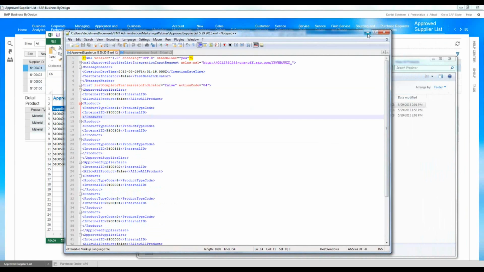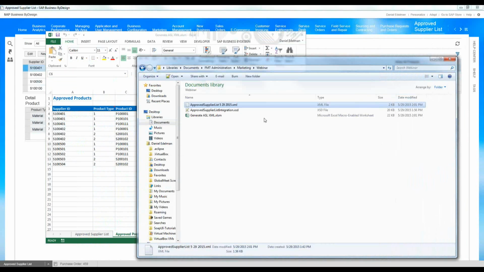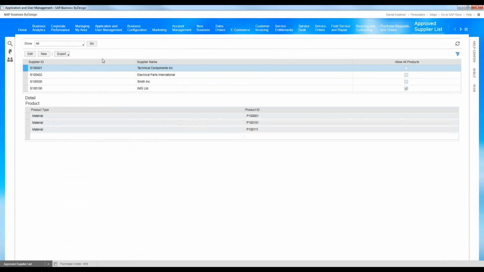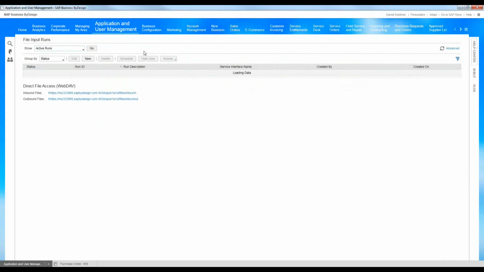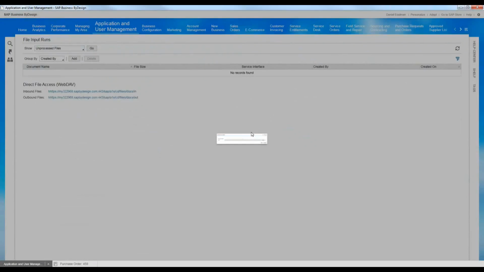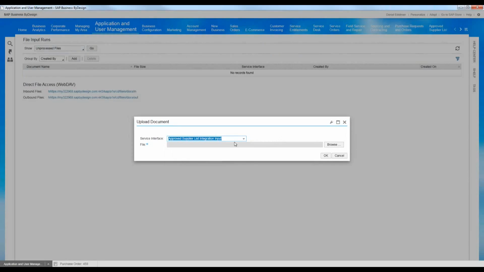It's something that comes up, well, not as frequently as the other requests that we get, is that we can generate this type of data for SAP to read, parse, and use in its standard processes. So what you would do is this file would be generated through Excel, and we jump over into File Input, go to our unprocessed files. We go ahead and add that file that was generated, and we can add it to our service interface. So we browse for the file, and it would upload